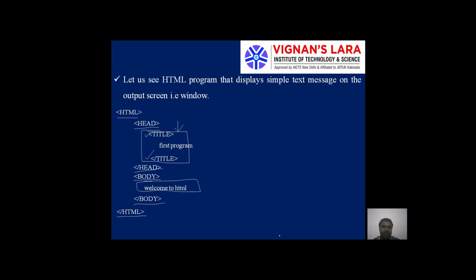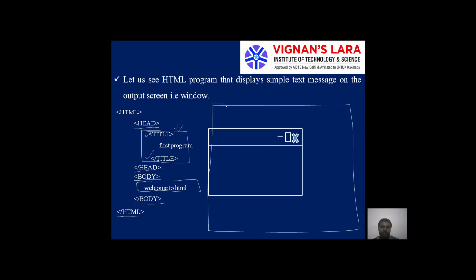Now what will be the output of this program? We'll see the output of this program here. The output of an HTML program will be displayed in a window. This window contains two parts. The first part is called the header section and the second part is called the body section.